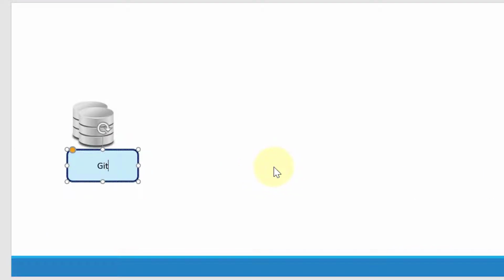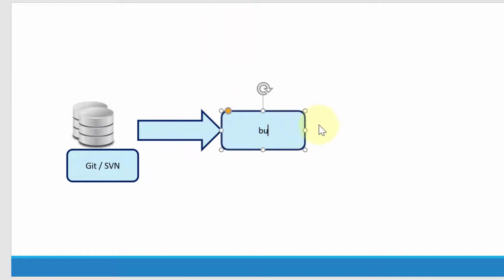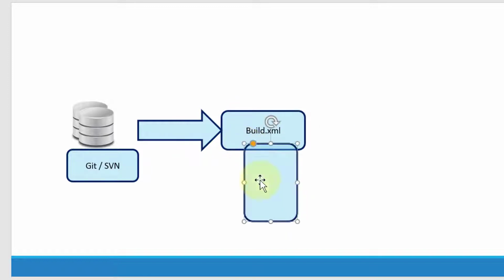I may have a code repository like Git or SVN, and developers will be making their code changes and checking it into the code repository. And I will be having the Apache Ant where I will have the XML file. It will be called build.xml, which will have a predefined list of tasks. Which task should happen first and what are all the dependencies of that specific task,